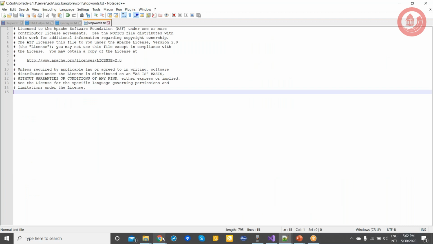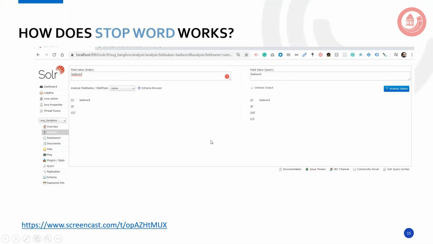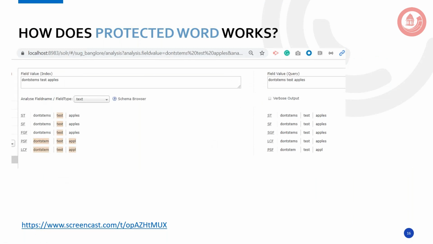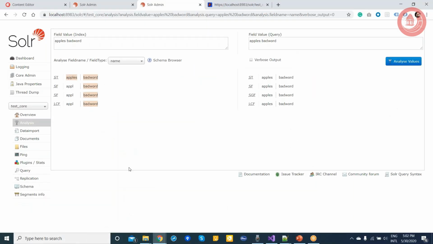Now the next one is the protected word. Protected word is more interesting if you are using, let's say, multi words. I think I just need to provide you some background for that. So let's say the stop word works word by word, right?